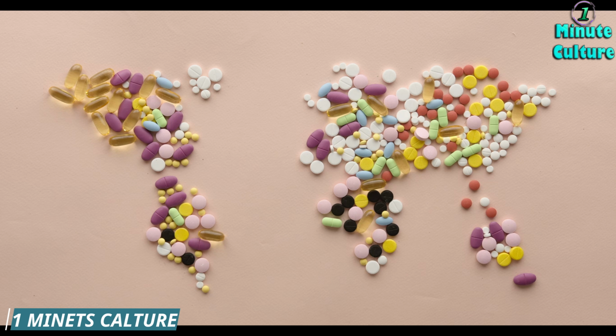Here are 5 vitamins you need to lower your cholesterol. Niacin. Niacin is a B vitamin that can reduce your LDL, bad cholesterol, and triglycerides, fats, and increase your HDL,